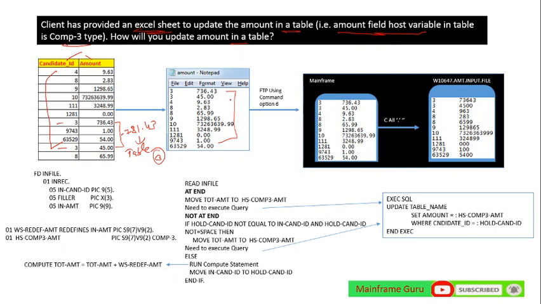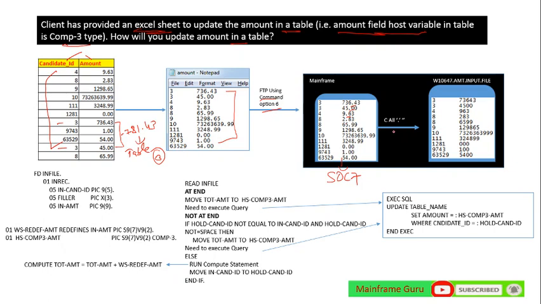After copying to Notepad, you need to FTP it to the mainframe using command option 6. After this, if you use this file directly, your job will abend with SOC7 due to the dot value available in this file.